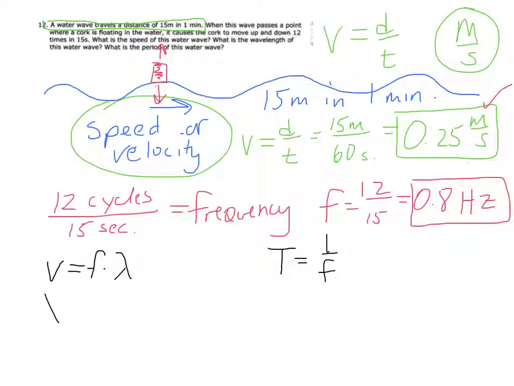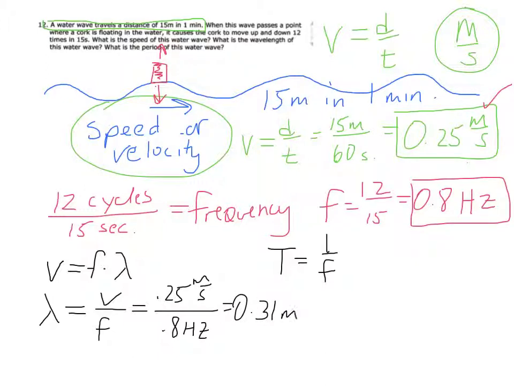So we can go ahead and rearrange and take our 0.25 meters per second divided by 0.8 hertz. So 0.25 divided by 0.8, 0.31. There's your wavelength. And your period is going to be 1 over 0.8 hertz. So I take 0.8, get the inverse, which is 1.25